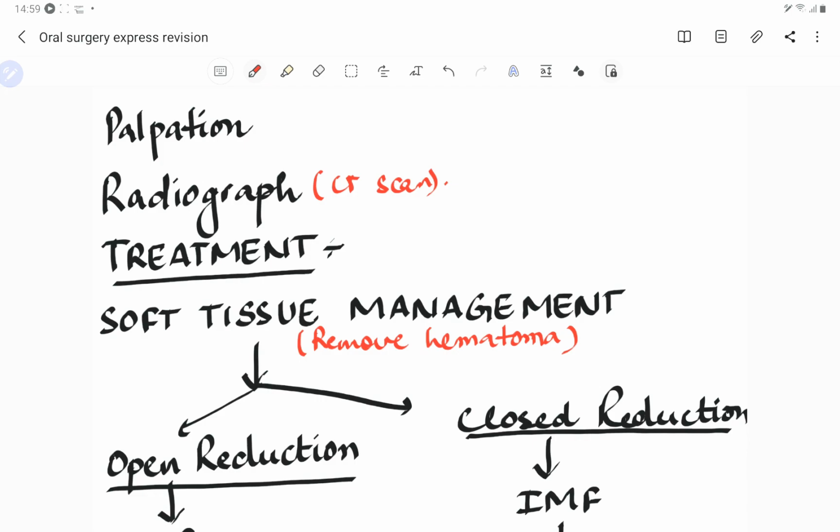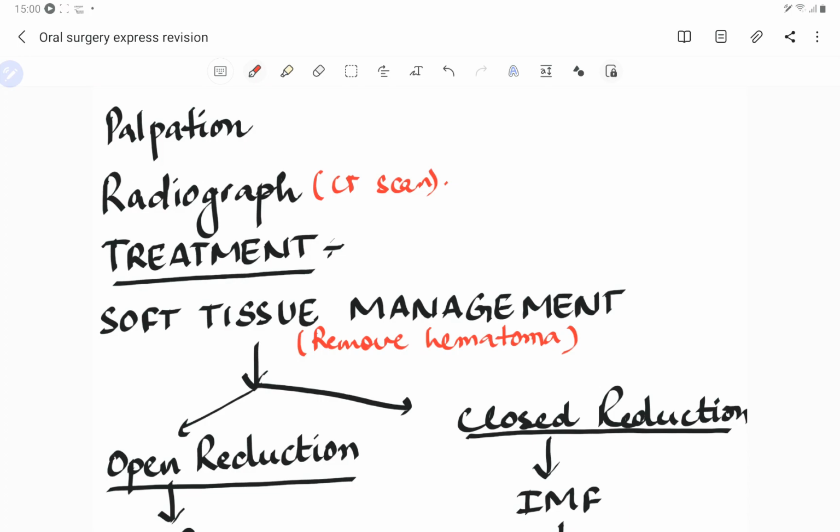And if any surgery is required for the fracture reduction, then that is delayed up to like 1 week to 7 days of time. We wait till the soft tissue swelling has subsided. We start off the treatment procedure once the soft tissue swelling is gone. So basically the important thing is that we have to do the reduction, but it should not be delayed after 10 days, otherwise the union of bone will start taking place. So the correct time is between 1 week to 7 days of time. So 7 days to 10 days is the time we do.